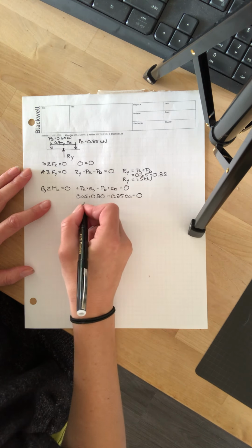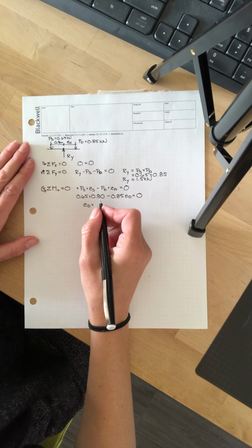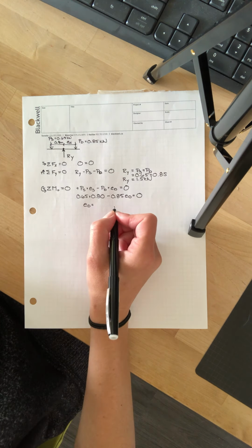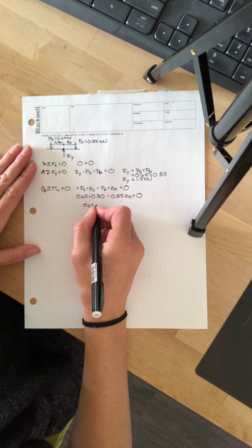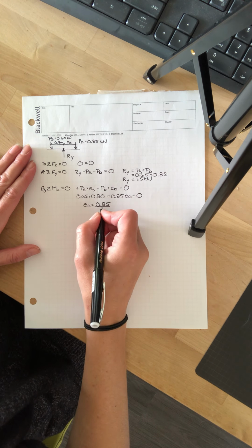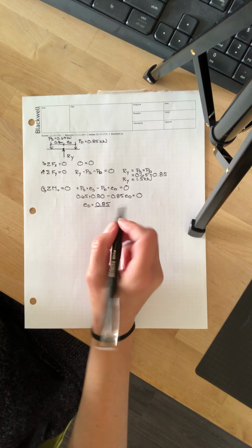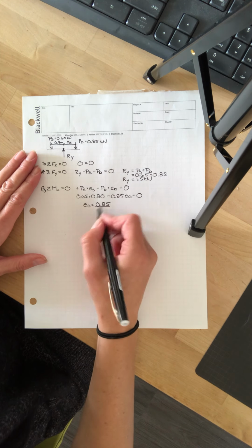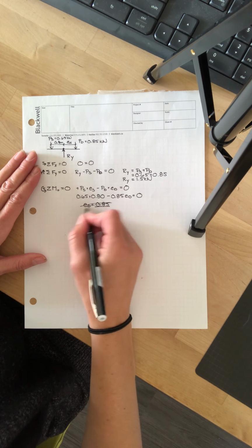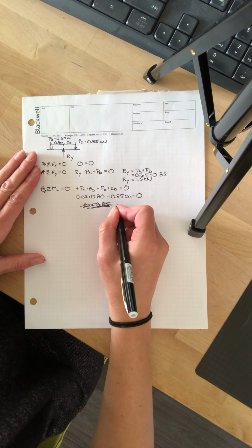We can rearrange this equation. The eccentricity of Dave for this to be in equilibrium needs to be, we would bring this over, 0.85 divided by, actually, sorry, you can rearrange this a few ways. This is probably an easier way to write it. So this is a negative here. We have minus